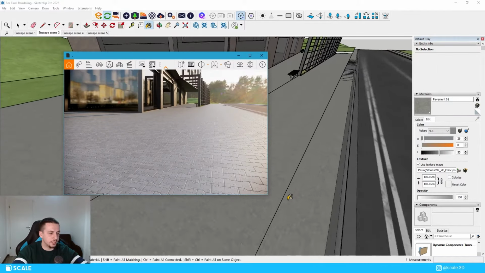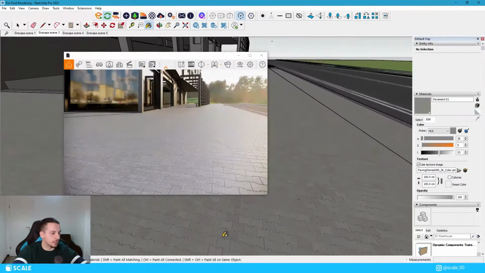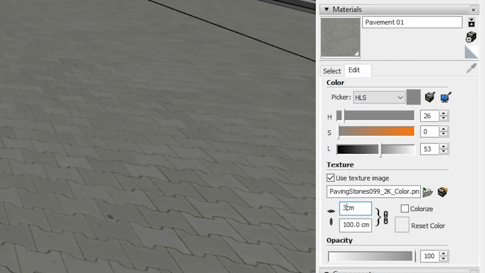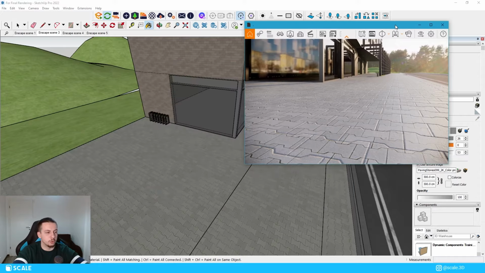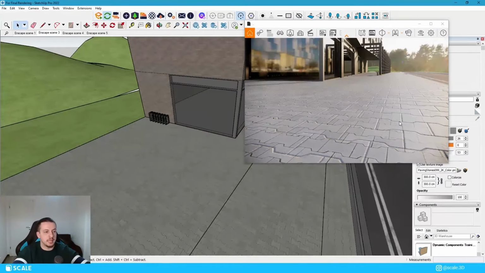So firstly, I need the pavement to be bigger than it is right now. I'm gonna make it 300 centimeters by 300 centimeters. This looks more like a real life size. But now the displacement that we had with the previous pavement, as you can see, is applied to the pavement